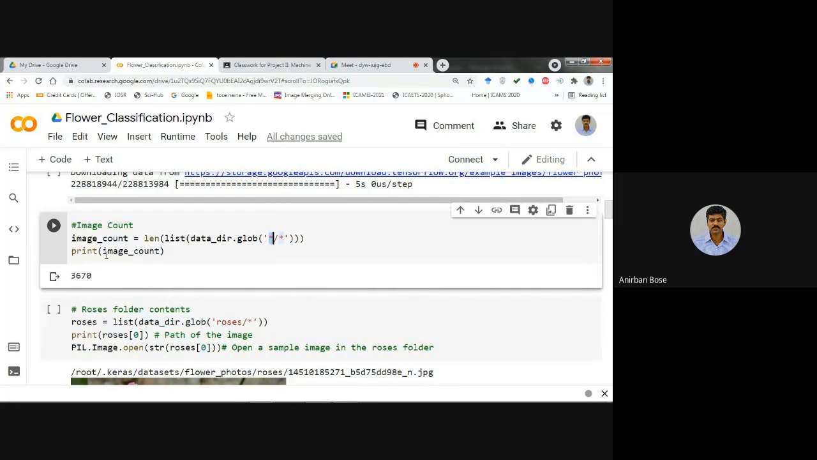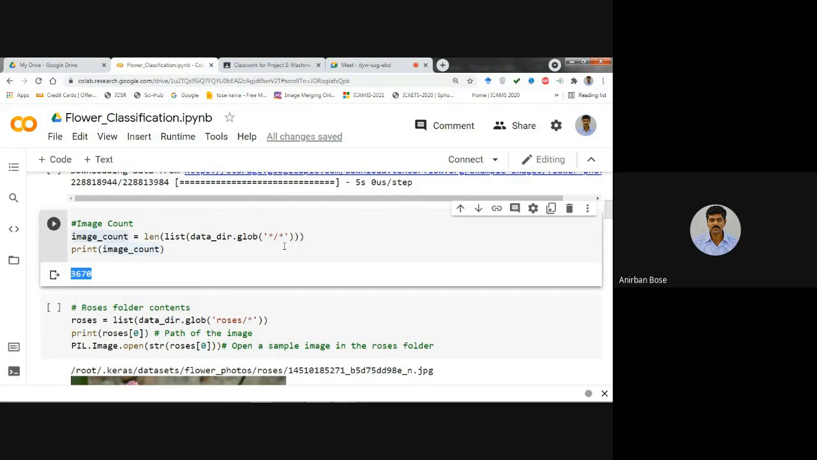Okay, so finally, if we want to see the image count, if you print the image count, you can see it is giving 3670. So around 3670 flower images are there. Now, suppose out of those images, we want to see